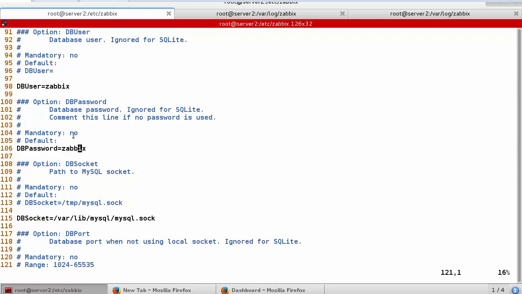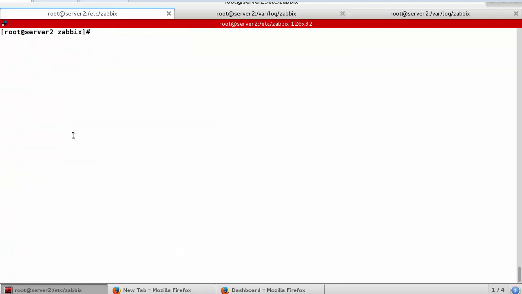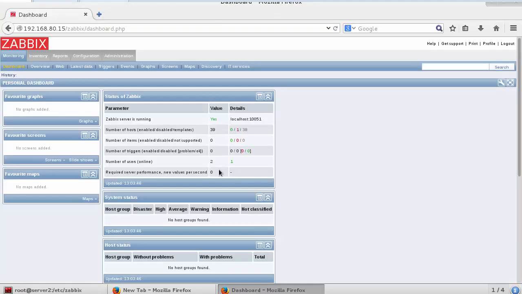Using this information, you have to access Zabbix. Then you will be successful to access Zabbix like this. You can see here Zabbix server is running.